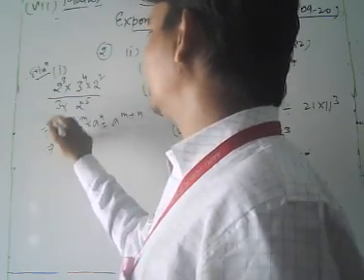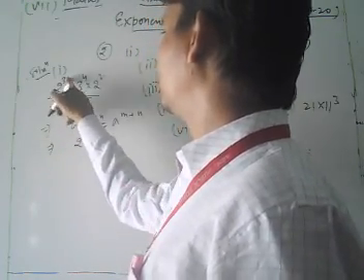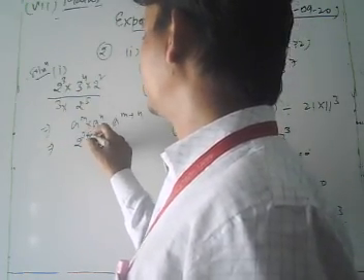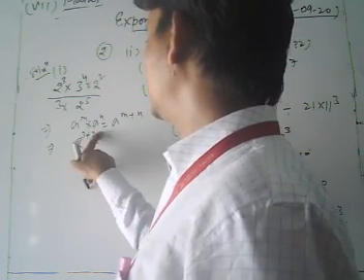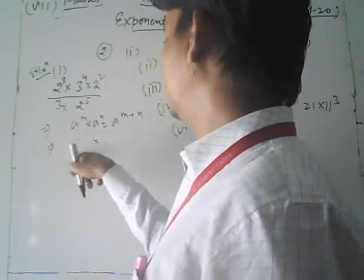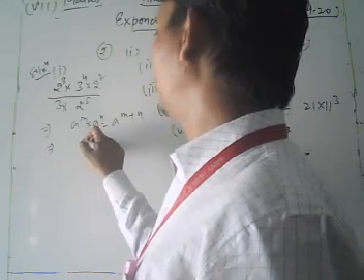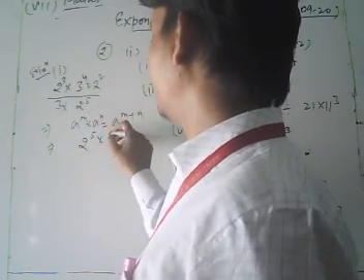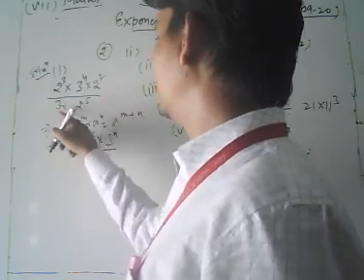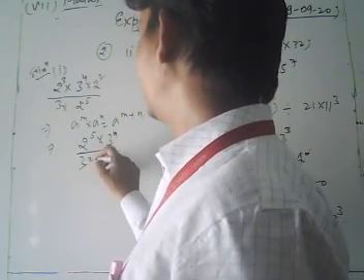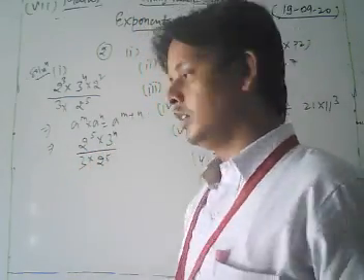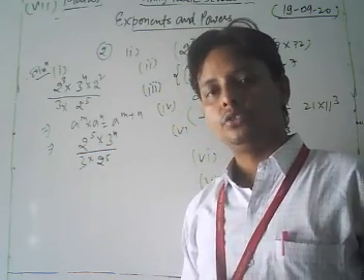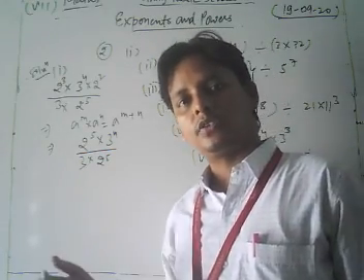Let's see, we get 2 to the power 3 plus 2 into... write directly 2 to the power 3 plus 2, that is 2 to the power 5, 3 to the power 4 written as it is, and we write 3 into 2 to the power 5 as it is. Okay, now again we apply the laws of exponents.